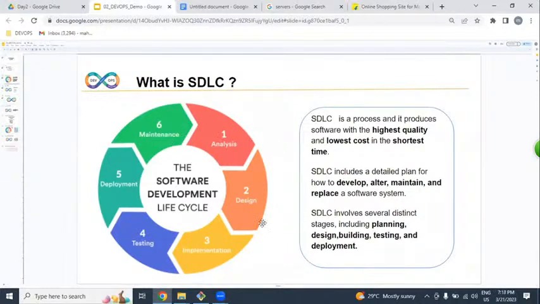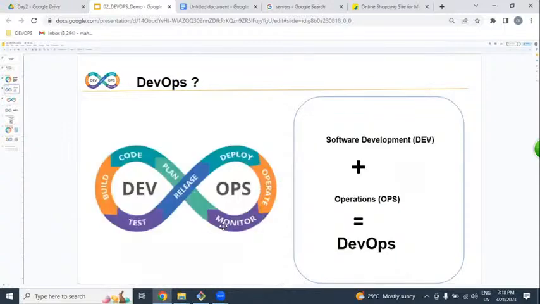These are all the stages we call as what? SDLC. In this SDLC, testers are working, developers are working, DevOps engineers are working, AWS admins are working. All people are working here. But in this SDLC, developer may work, tester may work, but what exactly does a DevOps engineer do here? As a DevOps engineer, what are the roles and responsibilities, we're going to be discussing right now.